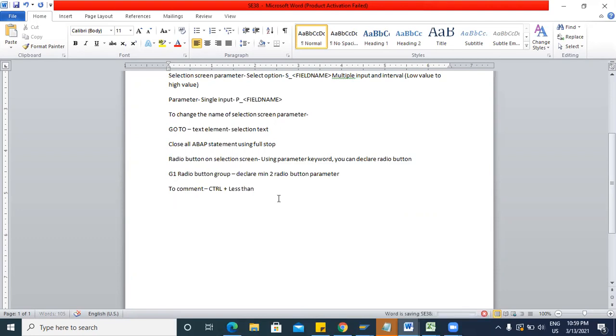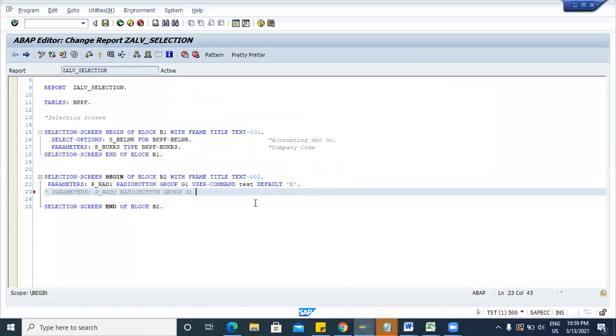To uncomment, Control plus greater than sign. Now if you want to uncomment, put your cursor here and press Control greater than; to comment, Control less than.